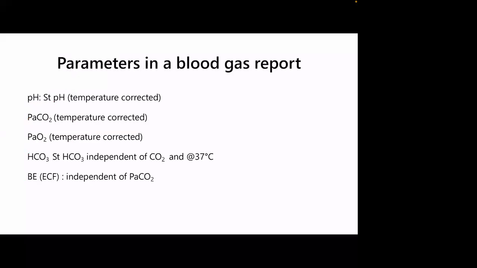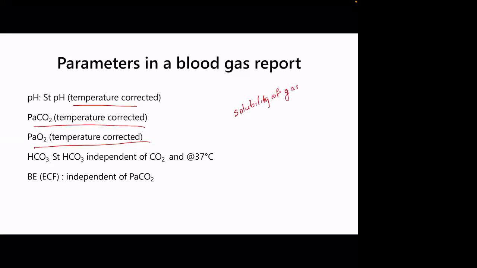So the parameters in a blood gas report which we are more concerned about are: one is pH, which can be temperature corrected, PaCO2 which is again temperature corrected, PO2 which is again temperature corrected, because temperature correction is important in blood gas analysis. We have to know what Henry's law is. According to Henry's law, the solubility